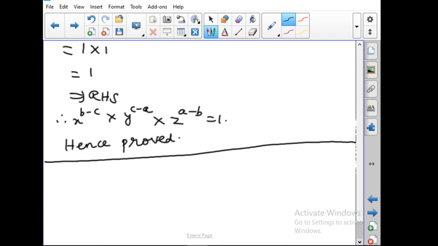So exercise 2.7, the second part, was over. The 6 to 12 sums: the 10th and 11th sums use the same method only. But the 10th one I have to do with method 1, and the 11th one I have to do with method 2. Whichever you feel is easy, that method you have to follow.